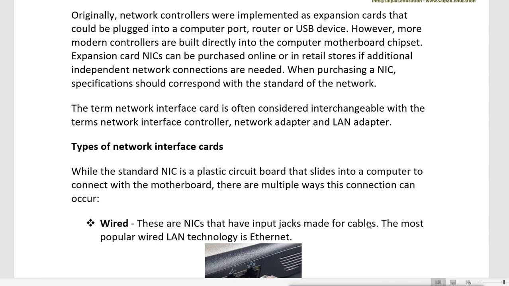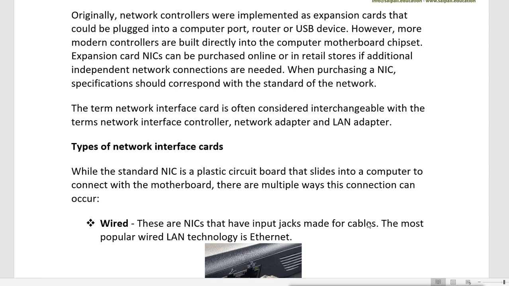When purchasing a NIC, the specification should correspond with the standard of the network. So it is now built in and called a network port, but if we want an additional port, we can purchase a network interface card from the retailer and add it to our network.